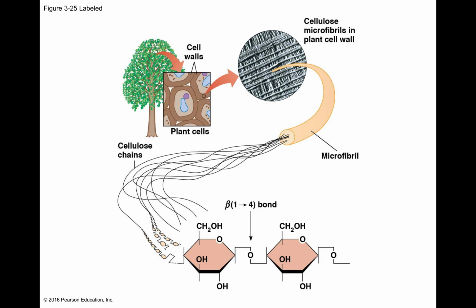And it has a different shape, and even though the monomers are very similar, the polymer has a different shape because of the shape of this bond, such that if we eat wood fiber, we can't get energy from that. In general, animals can't get energy from that. Termites can do that because they harbor a microbe that lives in their gut that can break this bond and get energy, and then they can share that energy with the insect.